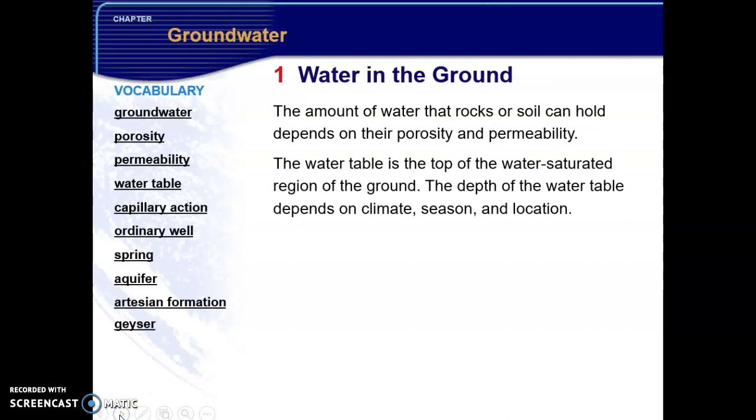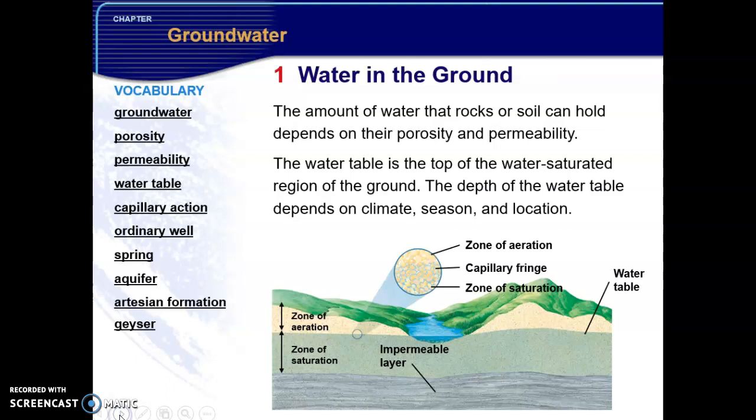The water table is the top of the water saturated region in the ground. The depth of the water table depends on climate, season, as well as your location. If you look at this diagram here, there are several other key terms